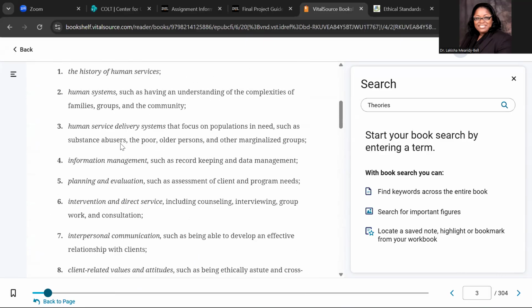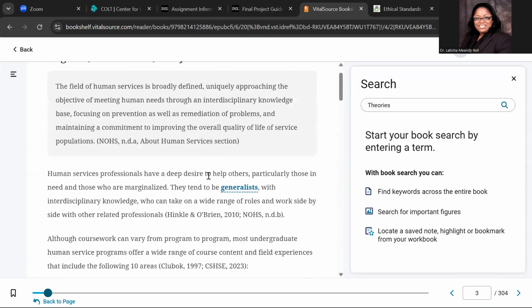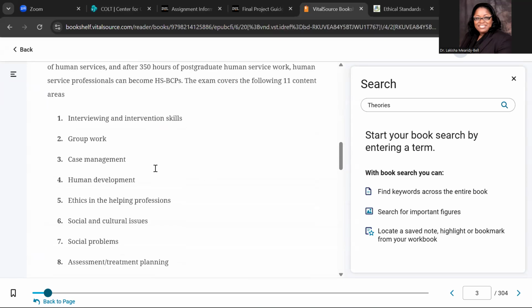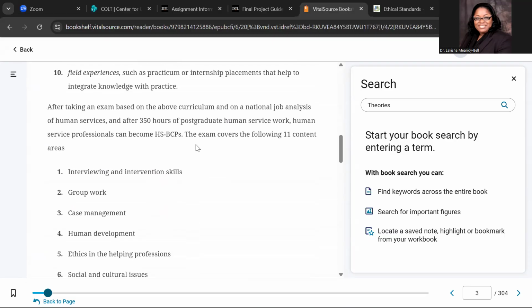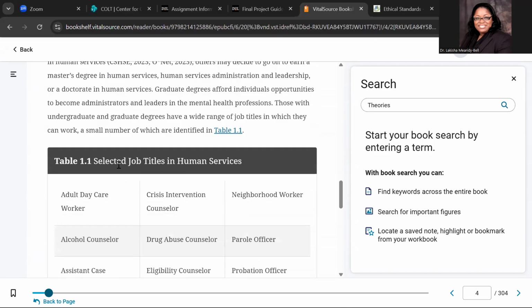Let me start up here. Okay, these are the field experiences. So that's different. And this is a generalist role. So with the bachelor's degree, it's normally a generalist role that you would obtain, unless it's a job that you're already at and it has flexibility to move up at a bachelor's level. Okay. But when we come down to the job titles in human services,